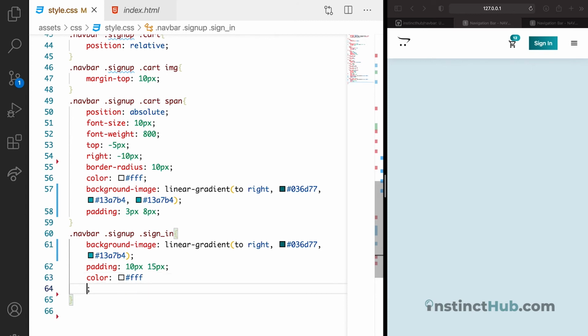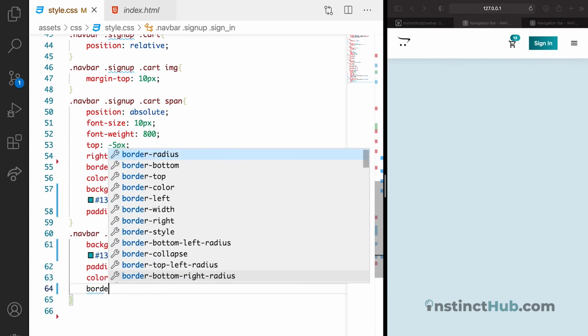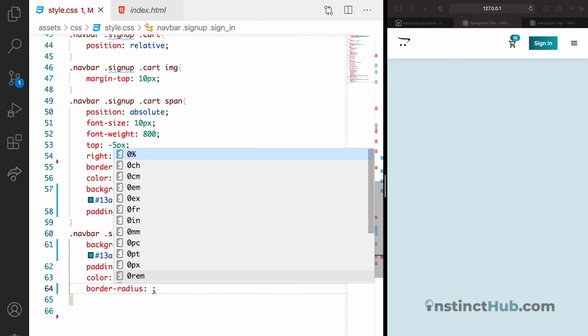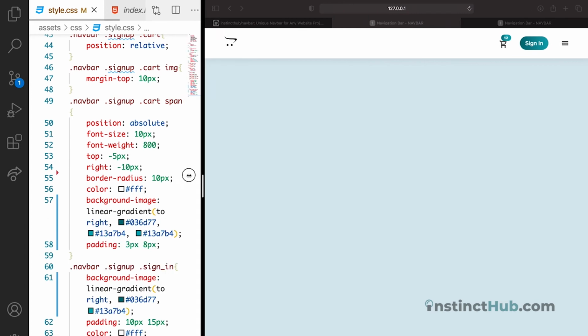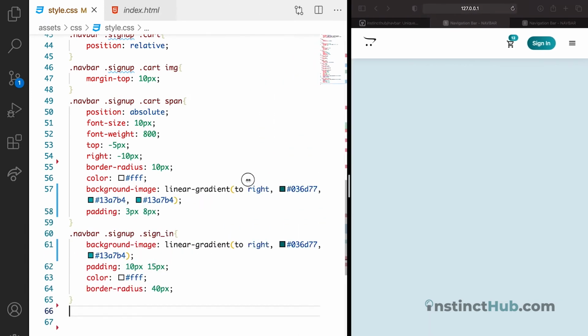Also, let's make the border radius 40 pixel. You can see the beautiful curve. Okay, so right now, if we check, our program seems to be running perfectly,